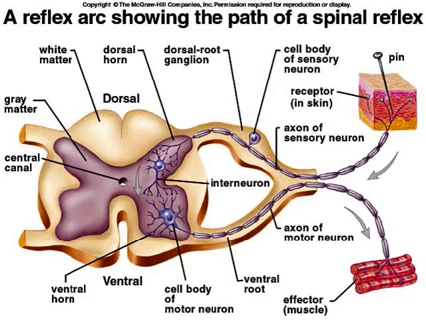The graded potential forms in the cell body of the interneuron. Then it creates an action potential at the axon hillock and travels down an unmyelinated interneuron. It's unmyelinated because it's in the gray matter or integration center of the spinal cord segment. Now, as that action potential reaches the axon terminal of the interneuron, again, neurotransmitters are released into the synaptic